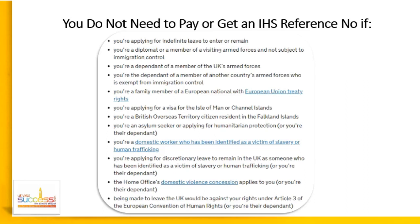Or if you're applying for a visa for the Isle of Man or Channel Islands, and I remember they've asked you a question previously when we were calculating the fees. They've asked whether or not you are going to live on these islands. And the next one, if you're applying as a British Overseas Territory citizen resident in the Falkland Islands,